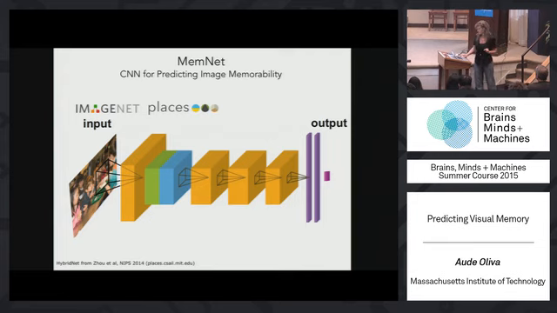The most simple one, given the model, is we took AlexNet, we fed AlexNet with both ImageNet and Places, because all the images that are memorable or forgettable, they might have objects, they might have places. Okay, so let's put the two together so we have more power. We train the model, so we have the visual recognition model. We do know that those units make sense.